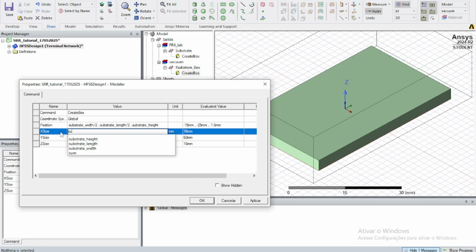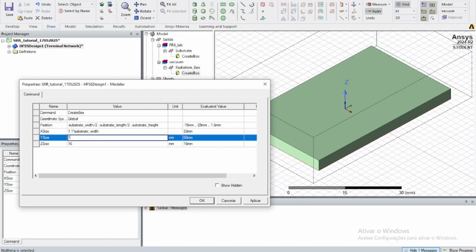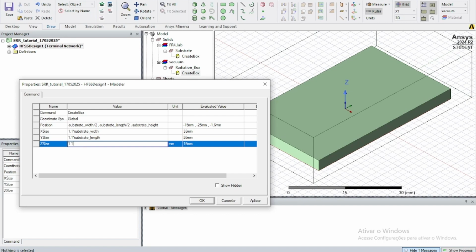And the same for the sizes, actually for the positions also, I'm going to multiply by a slightly bigger factor. So x size substrate 1.1, so a little bit bigger. 1.1 times substrate length, and also 1.1. Oh, actually on the Z size, I'm going to choose,